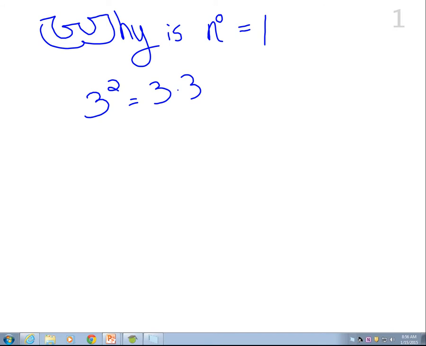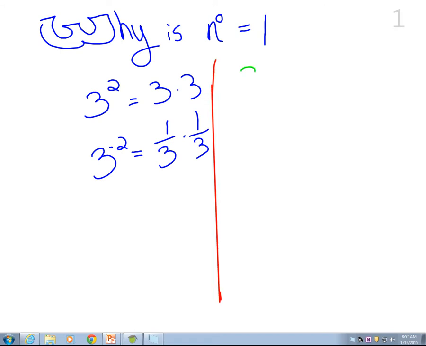Okay, this next part, there's a way of you knowing it, but I can't expect you to know this part. Here's something that you don't know. When you have 3 to the negative 2 power, we have 1 over 3 times 1 over 3. Okay? Now, I don't expect you to know this. I'm doing this so you can understand exponents a little bit more, but this will not be on the test or the quiz, okay? Now, if I had,